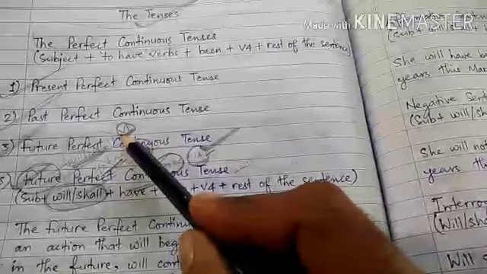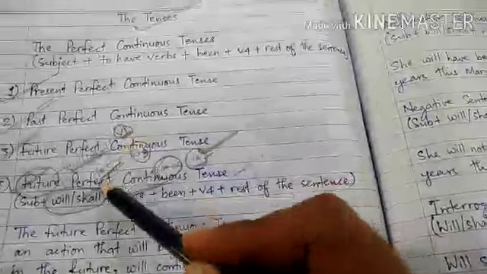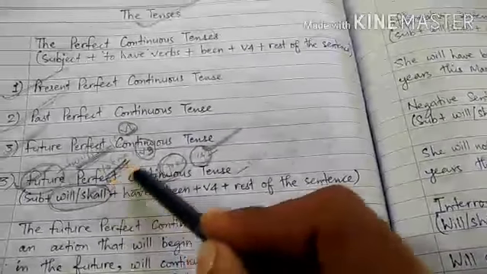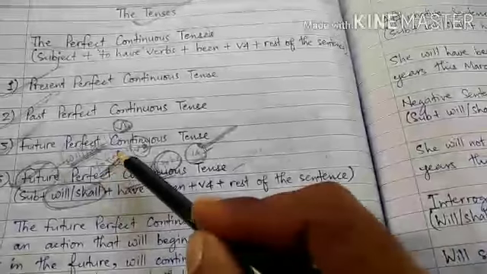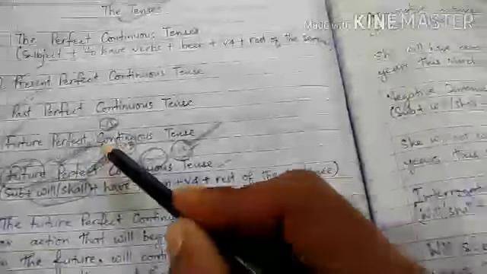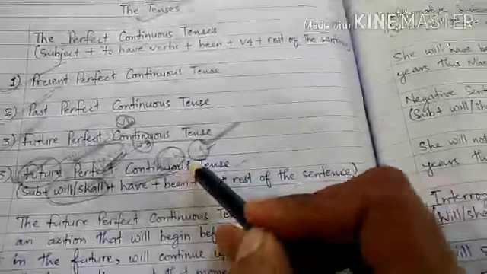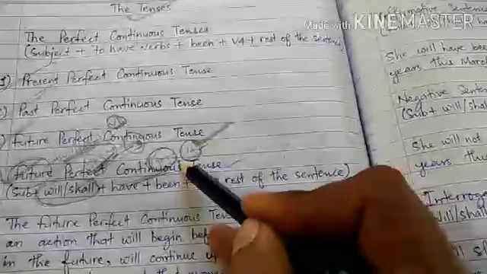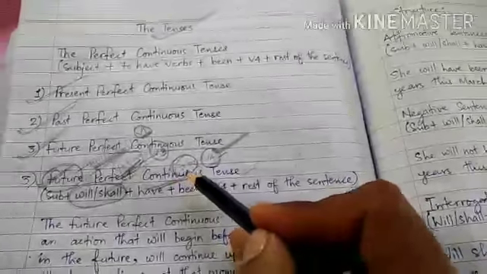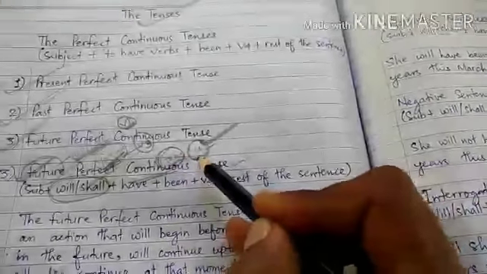After will or shall we have to use V1. Again the tense is perfect also. What does it mean? We have to make use of to have words. After to have words we have to make V3. And the tense is continuous too. So continuous भी है तो हमें to be verbs का इस्तेमाल करना है। तो after that to be verbs के